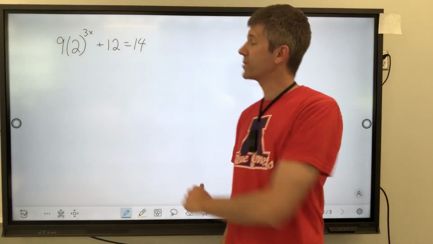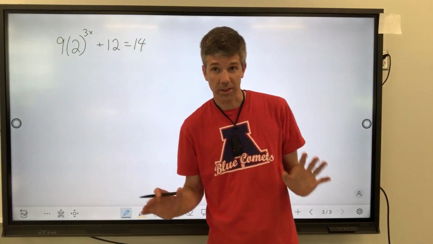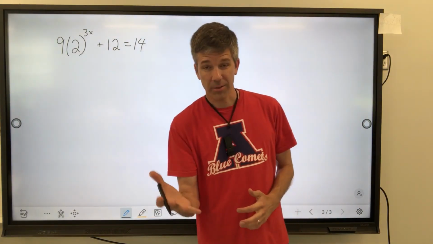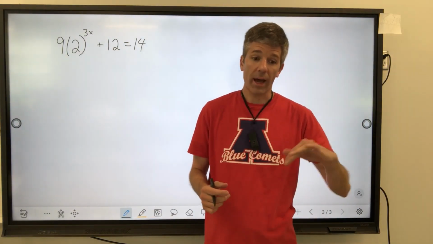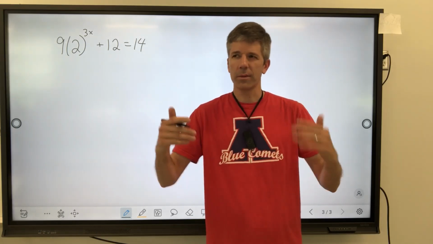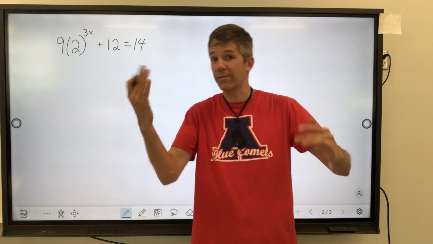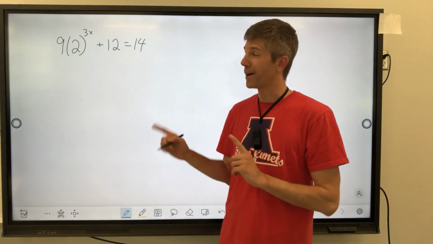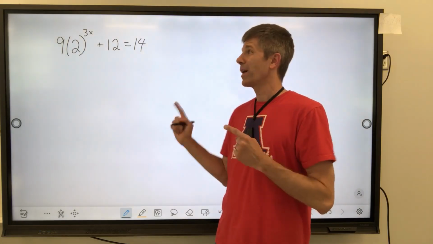Up until this point, we have solved two different types of exponential equations. We have solved those where we would turn it into a logarithm, and then we've solved those where we would have the same base on both sides by just looking at it and saying, oh, well, this can be 2 to that and 2 to that, or 5 to this and 5 to that. So we will do one of those options on this, but first, you have some things that need to get